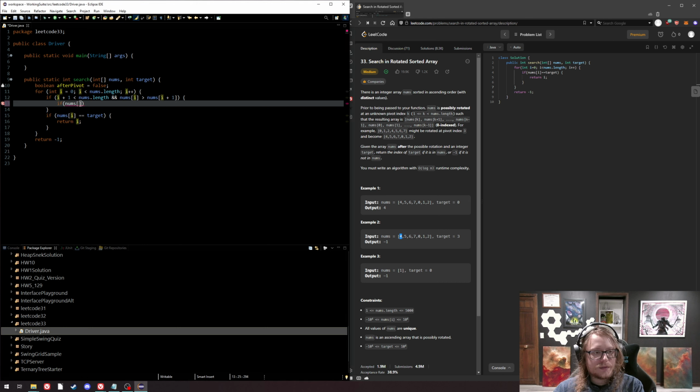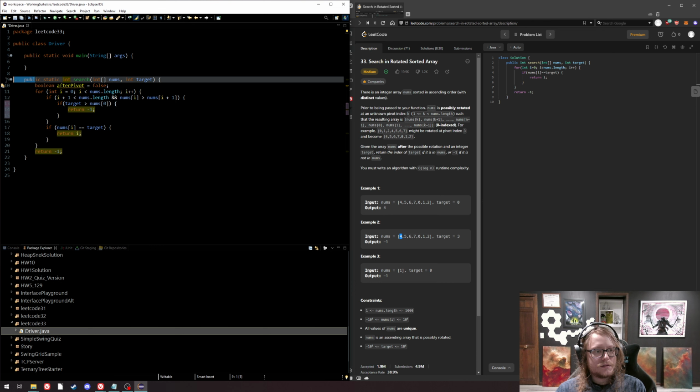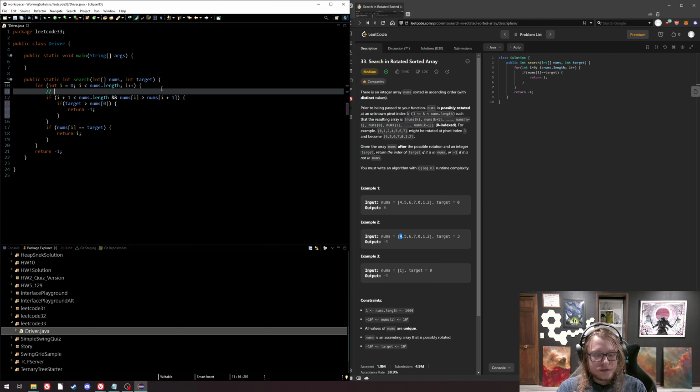So everything beyond that point is smaller. So if the target is bigger than the first thing in your array, then you can early abort here. You're done. Right? So this is early abort if you reached the pivot point and your target is